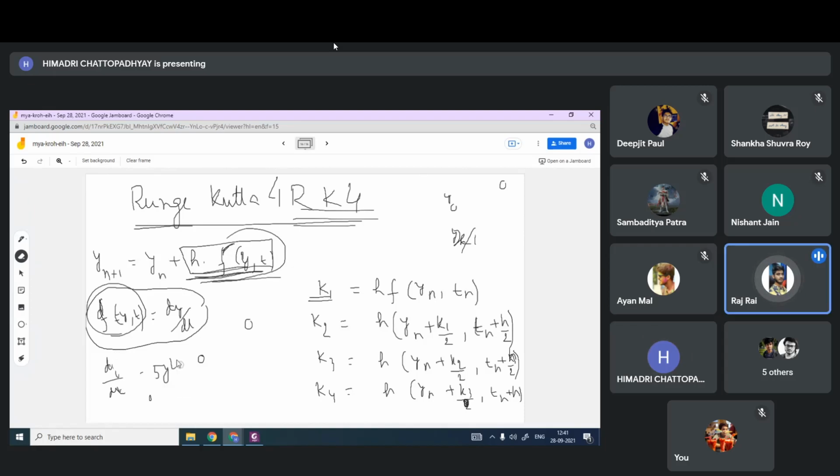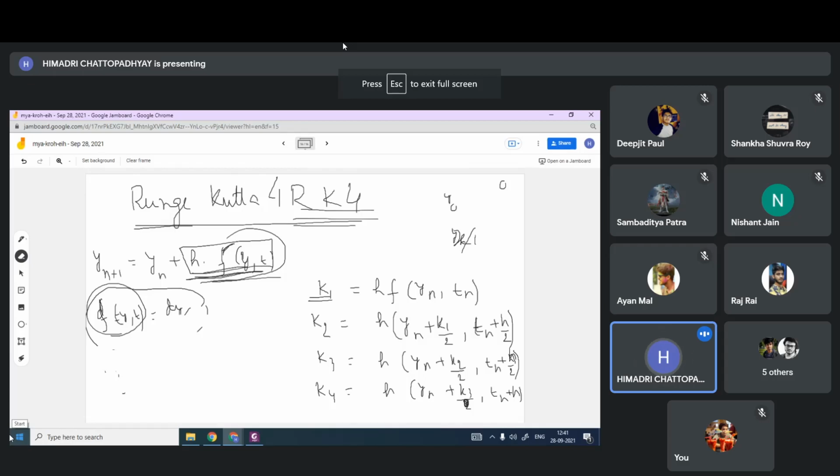Sir, in which areas is RK4 used? Like CFD or heat transfer? In numerical analysis, it is applicable to any system where the initial value is known, and from the slope, as a function, you want to calculate the final value. So just search on the net. For example, I will also try to send you a copy, a Xerox copy of some pages from books, with some given problems. But there is a lot of material, as I can see. You just search Runge-Kutta 4, and you will immediately see solved problems.